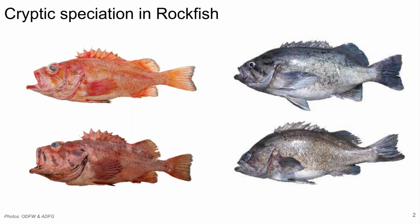On the left is rough-eye and black-spotted, and on the right is blue and deacon. You might be able to pick out some differences on the slide here when they're in beautiful lighting and they're still, but when we're talking about hundreds coming up in a trawl net, or it's your first or second time out as a recreational angler, it can be really easy to misidentify species within these species complexes. It's important to try to ameliorate this misidentification issue, as it can have a direct impact on the effective management of the 2 species. The cryptic species pair that I'll primarily be talking about today is the vermilion sunset rockfish